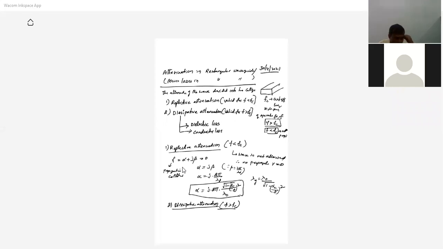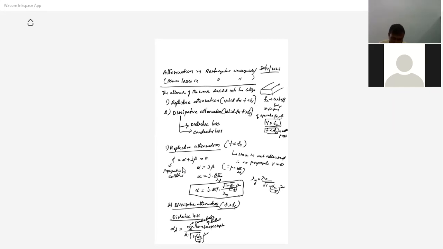First, the dielectric loss. We can express this as alpha d, which is equal to sigma d by 2 into eta naught by root of 1 minus (fc by f) whole square. Here sigma d is the conductivity of the dielectric, and eta naught is the free space impedance. These things are available in our material.